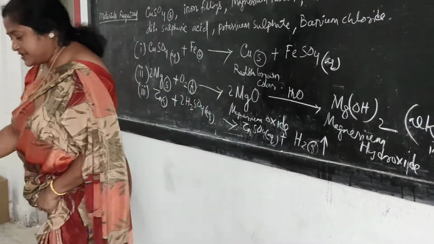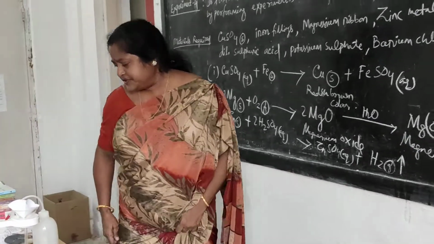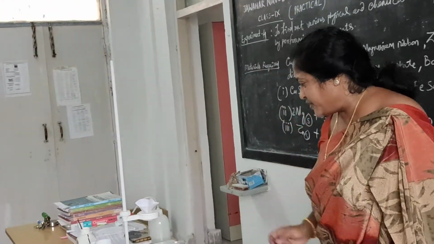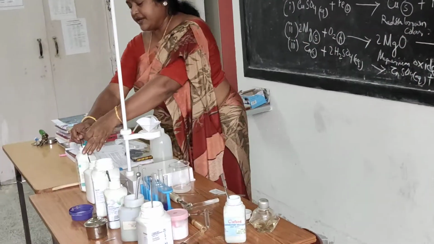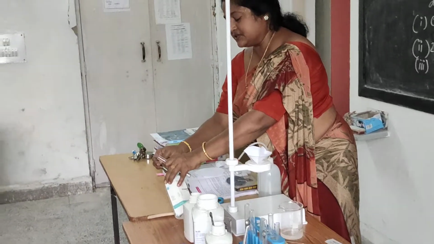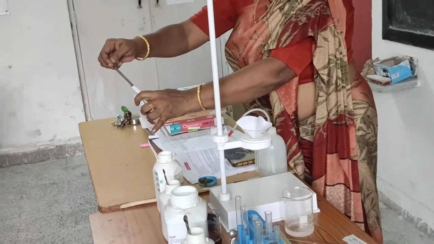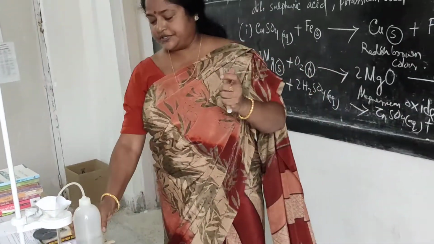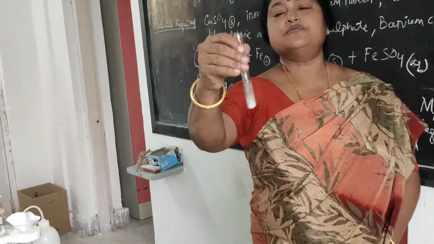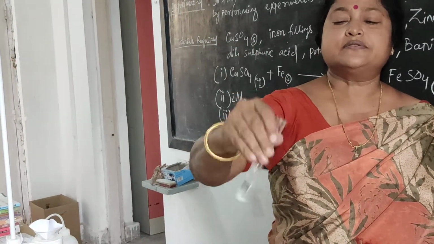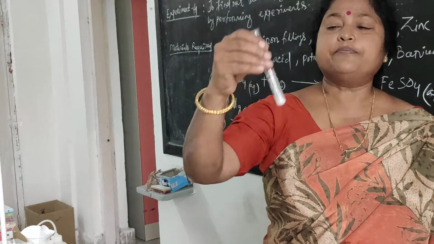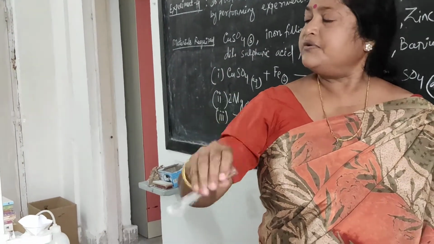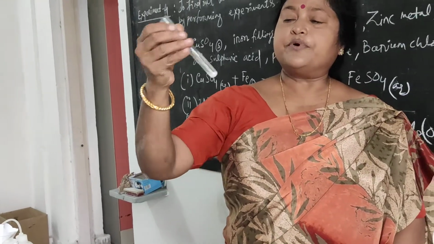And the last experiment is your sodium sulfate with barium chloride. So students, I will do the final experiment for you. This is the final experiment which is in your syllabus. I have taken a little bit of sodium sulfate and I have added water to it. I am making a solution of the sodium sulfate in water. Just stirring it so that you will get a proper liquid. It should be properly soluble, students. Whenever you are doing any experiment, it should be properly soluble.